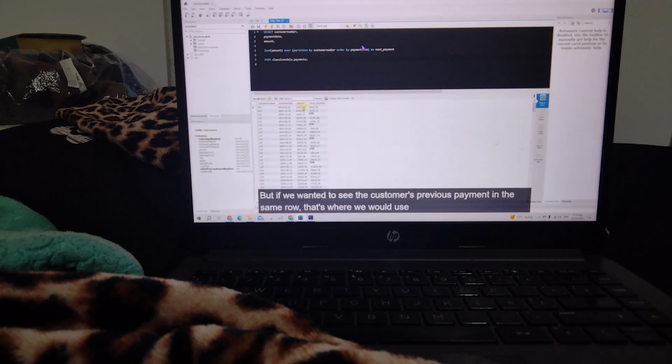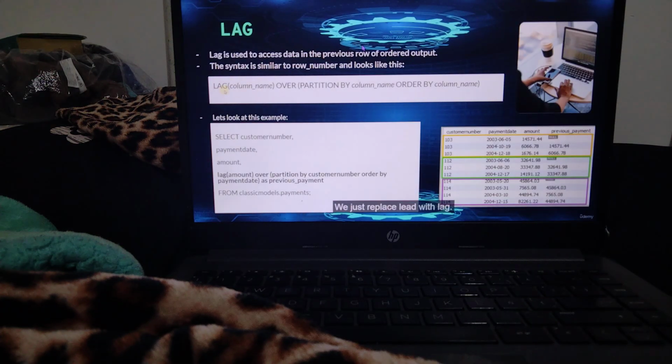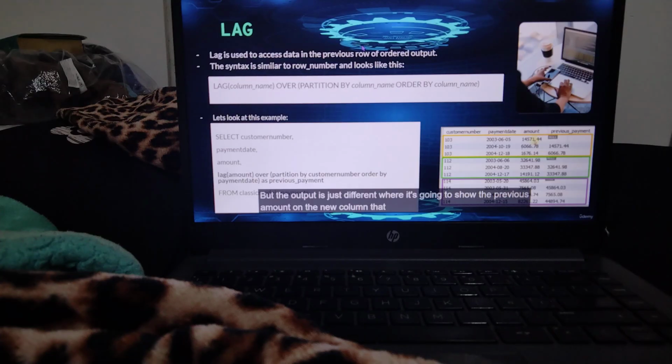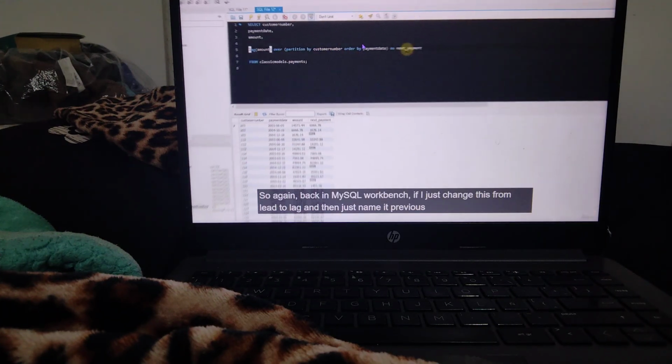But if we wanted to see the customer's previous payment in the same row, that's where we would use lag. So here you can see the syntax is the exact same. We just replace lead with lag. And I just wrote it in the same query, but the output is just different, where it's going to show the previous amount in the new column that we created, and every null value will be in the first row for each customer. So again, back in MySQL Workbench, if I just change this from lead to lag,